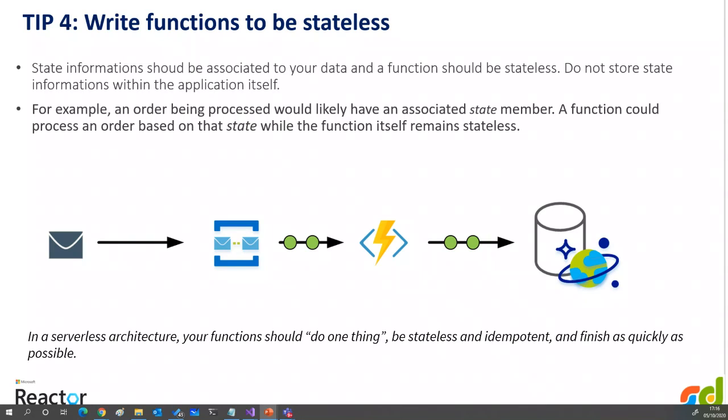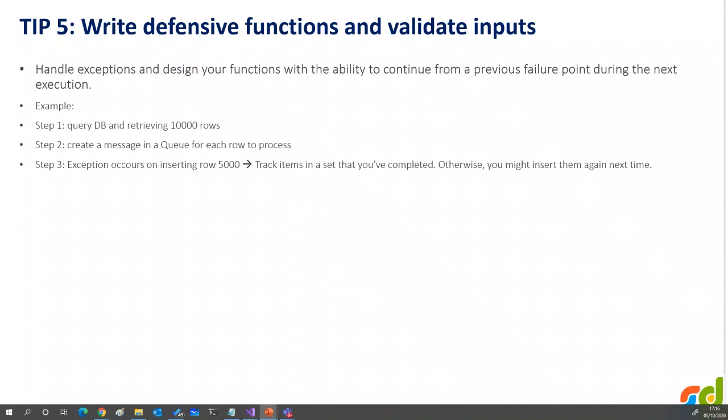Another tip is related to handling exceptions. In a production environment, you should deploy Azure functions that are defensive. So you should handle exceptions and design your function with the ability to restore from failures. For example, if you are receiving messages from a database and then sending a message to another function,